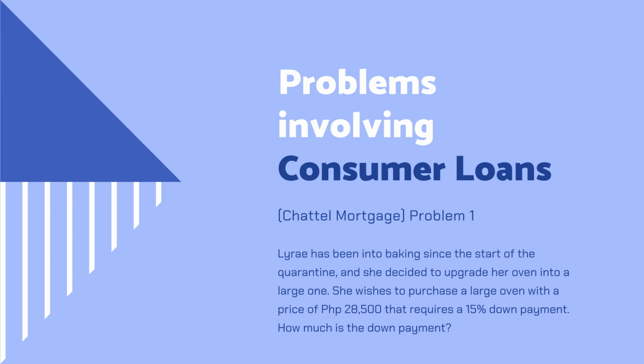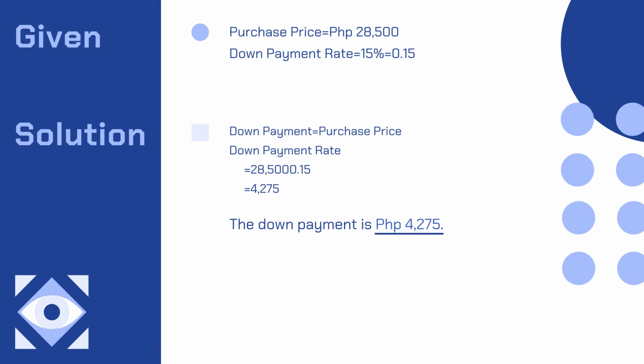The oven is for Lyra's personal purpose, so this is an example of a problem involving consumer loan, and since the oven is a movable property, it is a chattel mortgage. To solve this problem, we just have to multiply the purchase price, which is 28,500 pesos, and the down payment rate, which is 15% or 0.15, and the down payment is